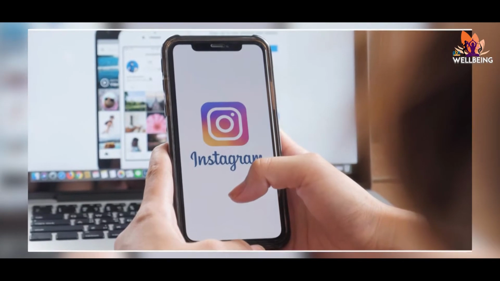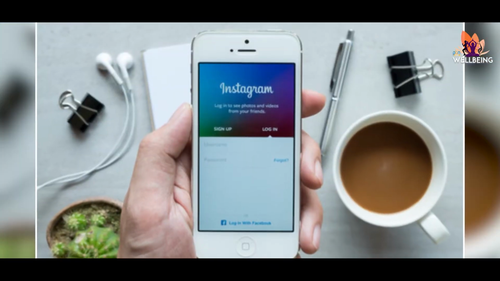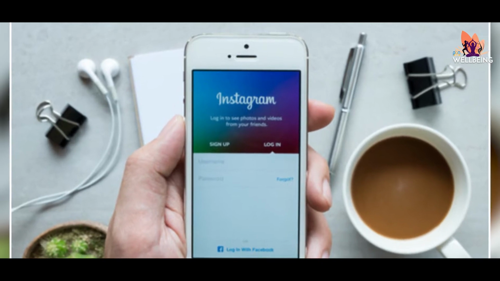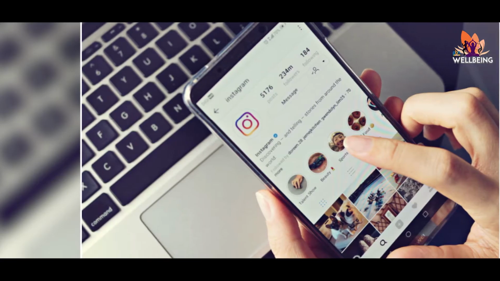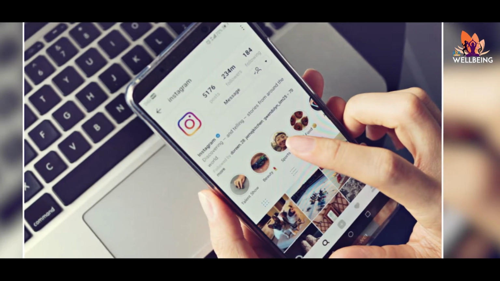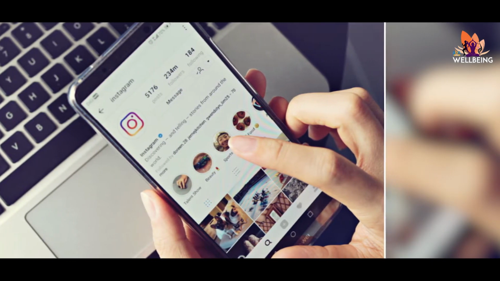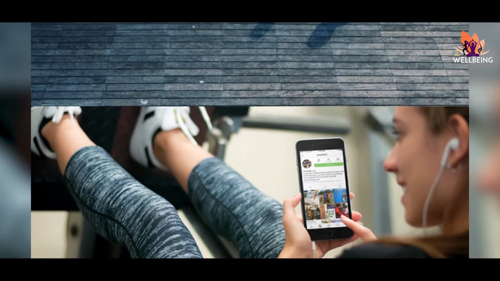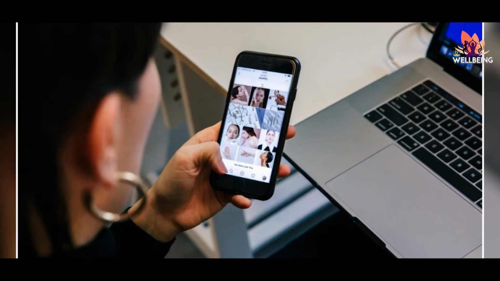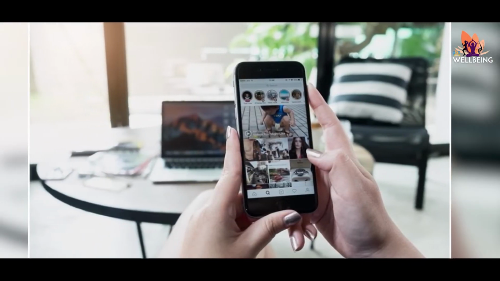Next is your Instagram. We all are Instagram users, and people are very good influencers nowadays. The most important tip from my side is never ever share your Instagram password with anybody, even your close mate, because once you share that password, even after you change your password, you can't remove access from that person's smartphone. If somehow he or she has linked your account to their personal account, they will be able to access your account forever. They can hack your account forever. So take care of your password, because it is your personal account.